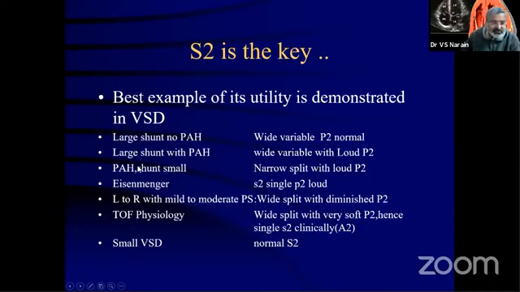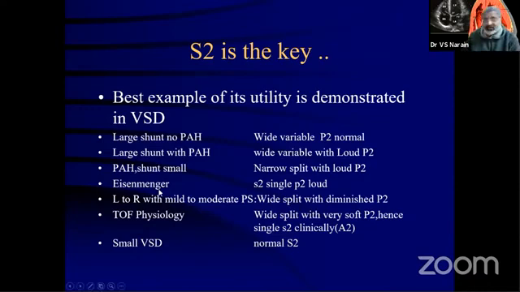Now, if the pH is so much that the shunt is becoming smaller and the patient is going towards Eisenmenger, that split, instead of being wide, now becomes narrow. So you have a narrow split of the second heart sound with a loud P2, and this is what is often presented in the examination. Any case of pulmonary arterial hypertension is always presented as a narrow splitting of the second heart sound with a loud P2. Narrow splitting means that you have an A2-P2 distance of 30 milliseconds or even less, but you can hear the split in inspiration because P2 is loud.